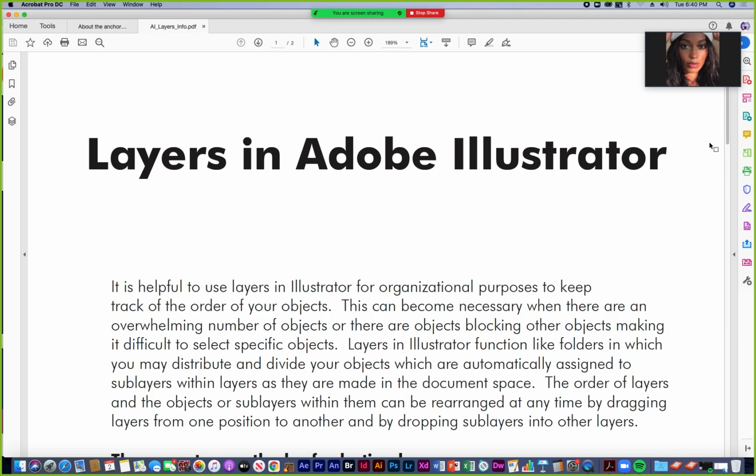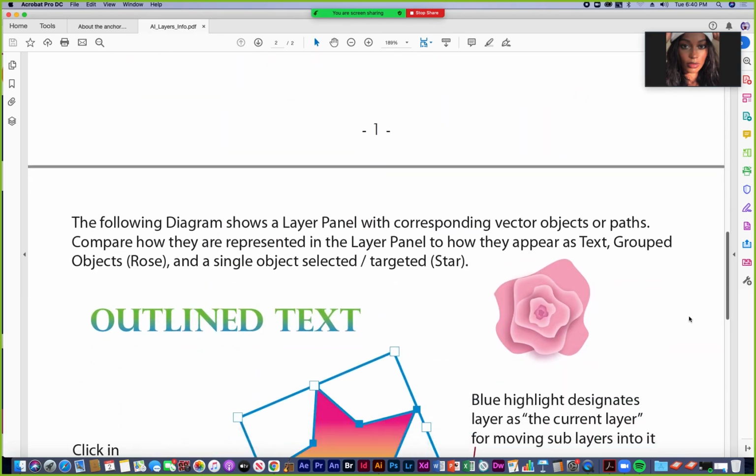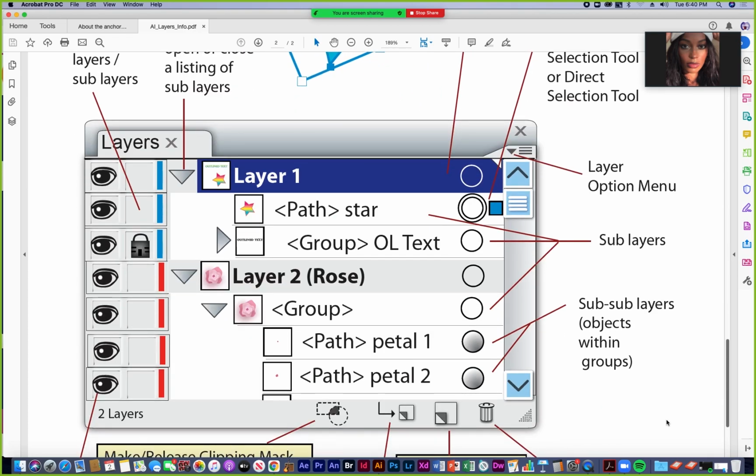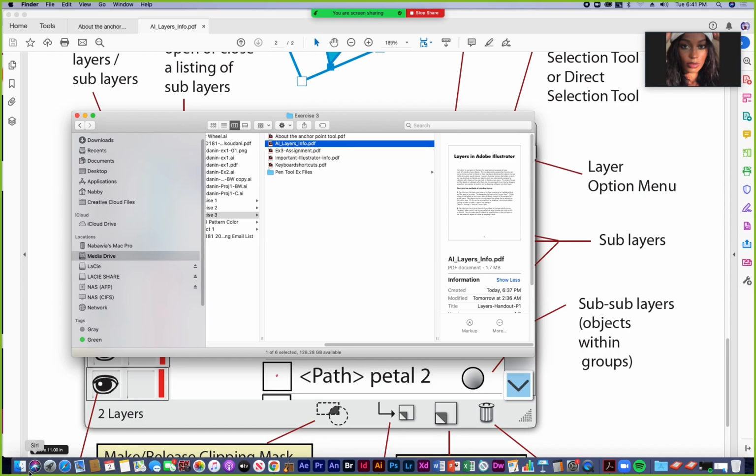All right, so this one is about layers that you can look over, which is going to be helpful for this exercise to have more of an understanding of how layers work. This is a little diagram I made a long time ago when I was on Illustrator. It was like CS3, and it was on a PC. So the graphics look a little different, but it conveys the same concepts that are important. Then we have